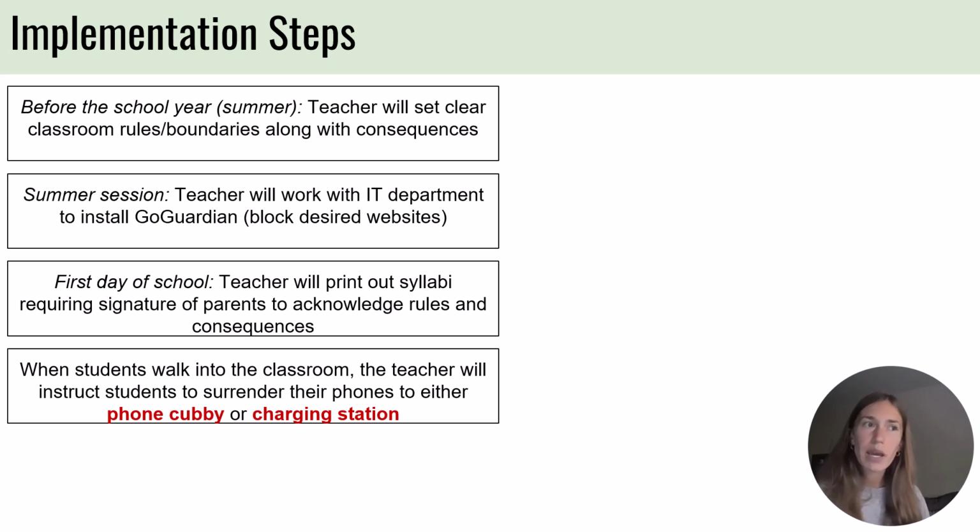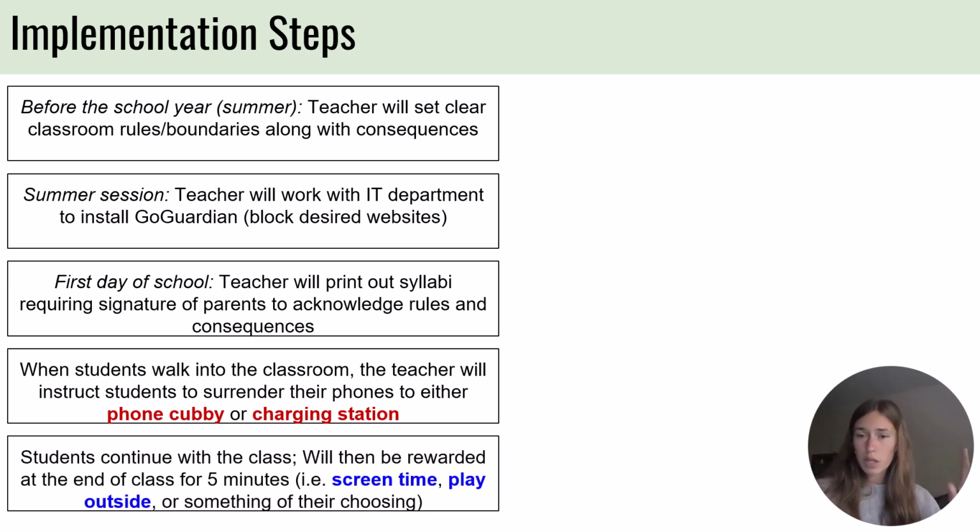So that way, students, if they're charging their phones, they won't be able to just go on their phone or make up a new excuse to have access to their phone. So once they go in there, there's no more access to the phone till the end of the class period. So students will continue with the class, the teacher will continue to teach, but at the end of the class,